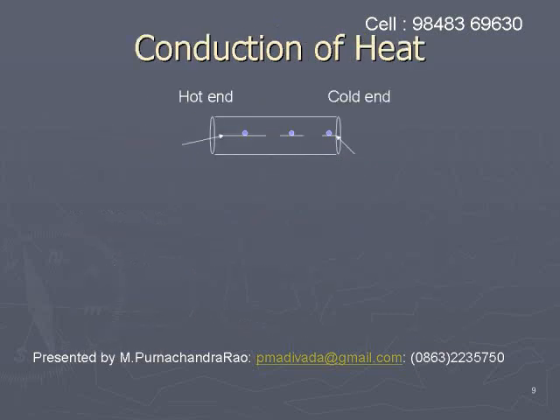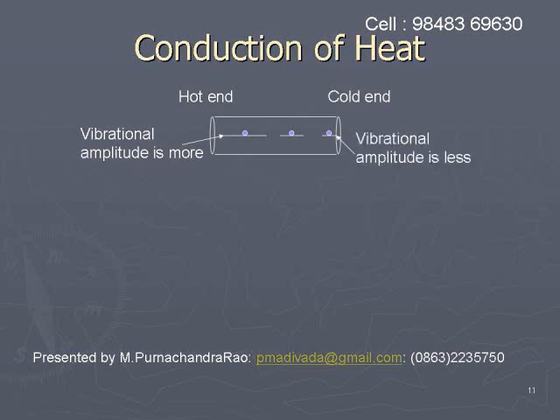To understand conduction of heat energy in solids, let us consider a metallic rod, like a steel rod, whose one end is kept in a stove and the other end is held in hand. Then heat flows from stove to the hand. Let us try to understand how this transmission takes place. In the figure, you notice hot end and cold end.